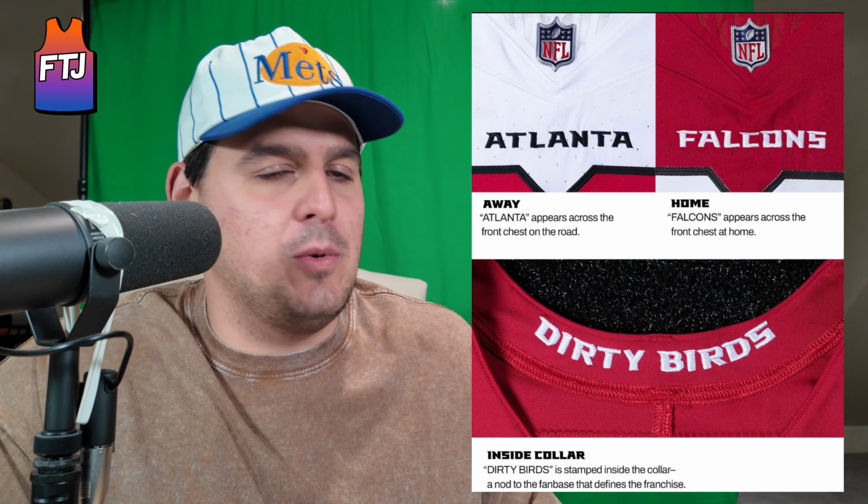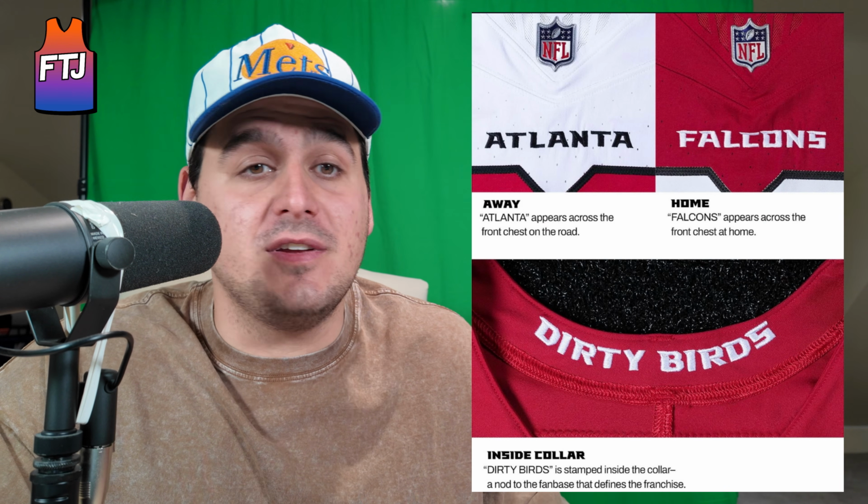It's kind of similar to their 1966 throwback uniforms. And within the collar itself of the uniform, it does say the Dirty Birds wording. But again here, the home uniform, red base with the white numbers, the black outline, the wording Falcons above it. No stripes on the jersey, which I kind of like here with the simple Falcons logo on the side. And again, with this home uniform, it is paired with the regular black helmet with the white pants only with